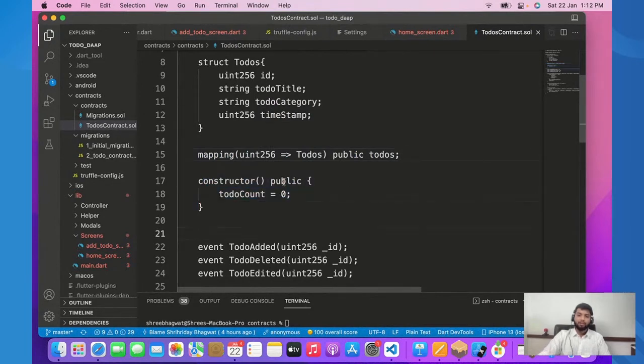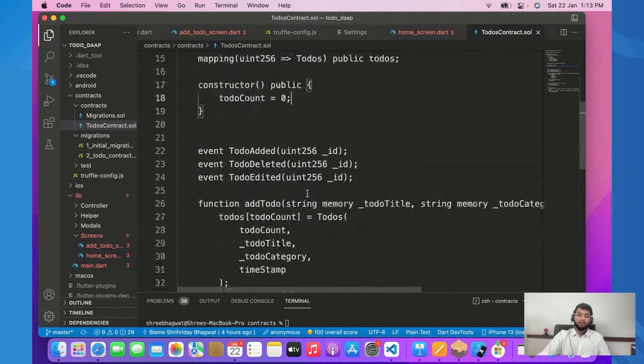Okay, it is a public constructor which is setting the to-do count to 0, and we have created some events. Now these events are public, meaning they are fully customizable. You can create an extra event, but taking some of the common events in mind, I've created these. First is todoAdded. When our to-do in the event list is added, it takes the id. Then is todoDeleted, when we want to delete a to-do that we have added into the list.